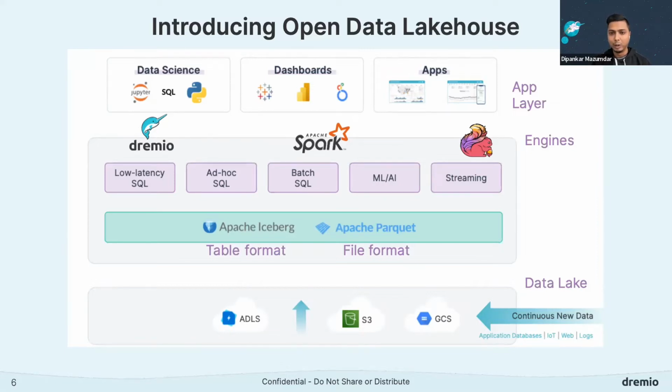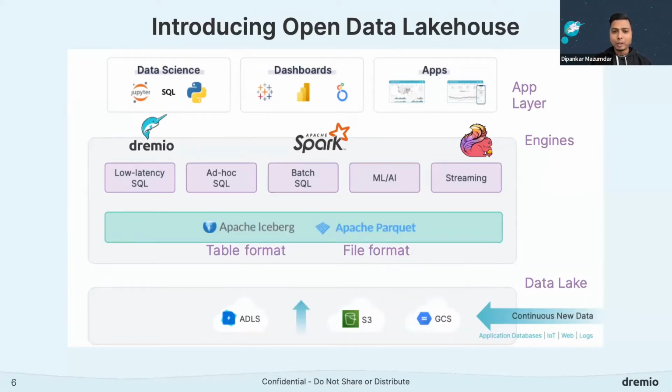As you can see in this diagram, in the extreme bottom part, we see the new data coming into a data lake, and data is stored in open file formats like Parquet. But we also want to bring another layer on top of those files, just to be able to manage those files, so that we can have those data warehousing capabilities that we were talking about: schema evolution, making sure we can do DML operations, or do time travel and historical analysis. So how do we get that into a data lake? It is via table formats on top of those file formats that are stored openly.